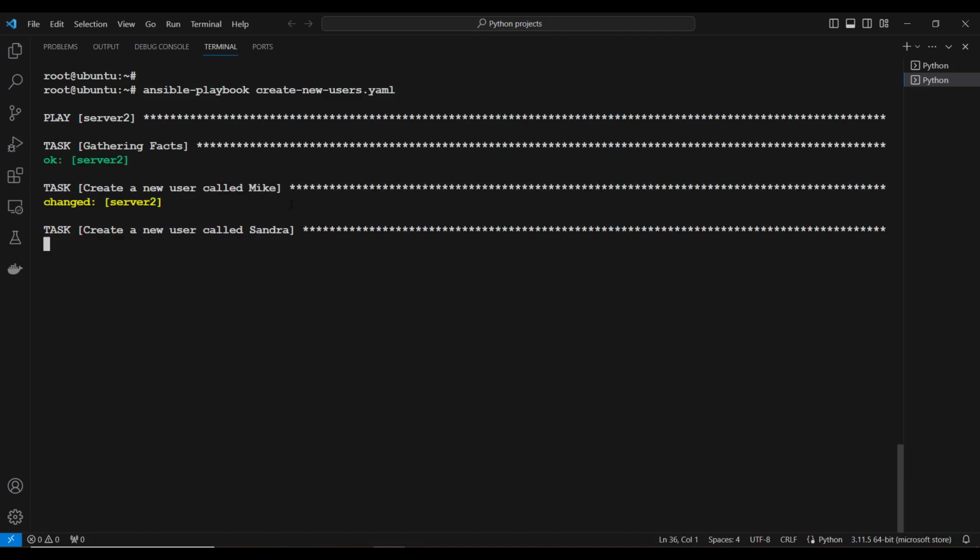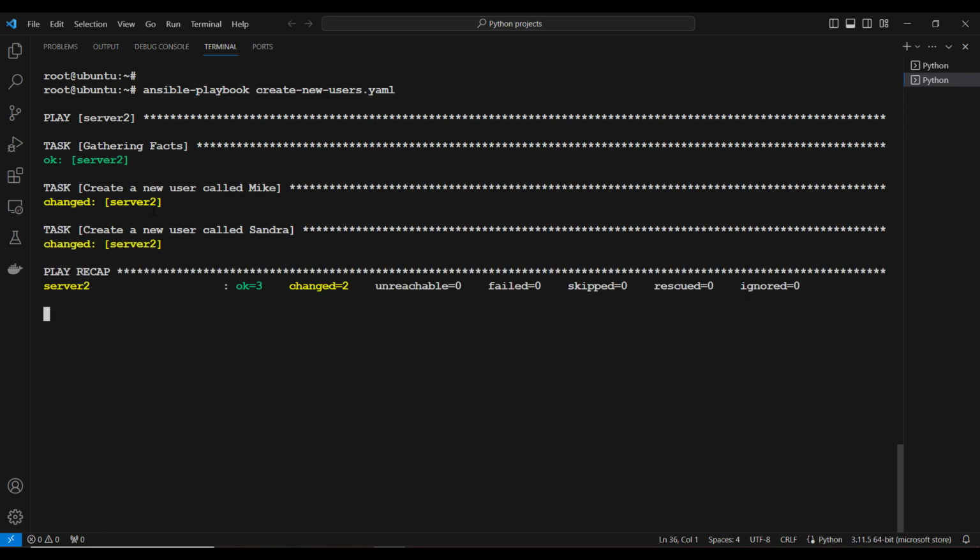So it's creating a new user called Mike, and it has created a new user called Sandra. As you can see here in the play recap, there are two changes. Okay, so this confirms that these two new users have been created. All right, and to confirm this, you are going to log into the remote node and confirm that the new